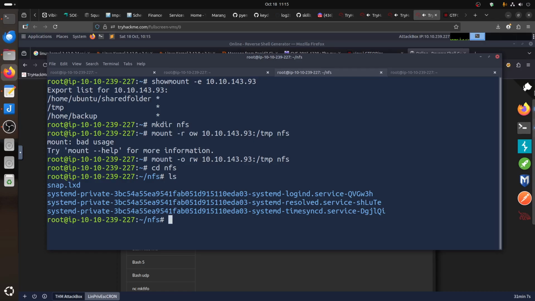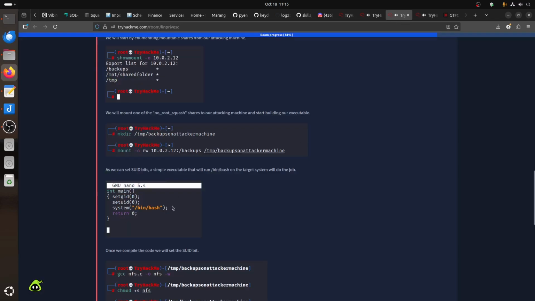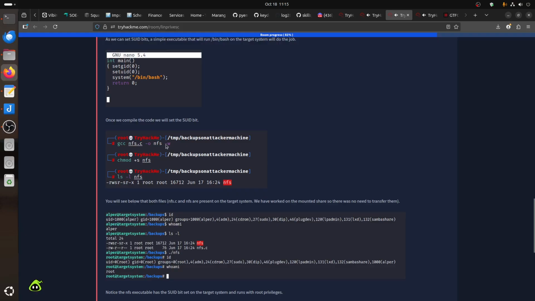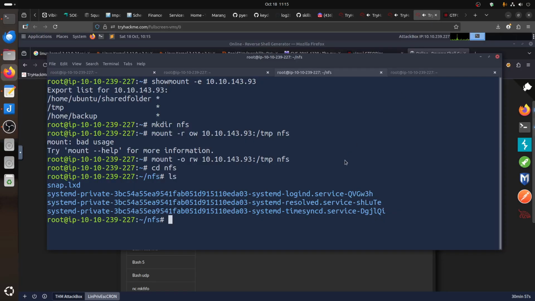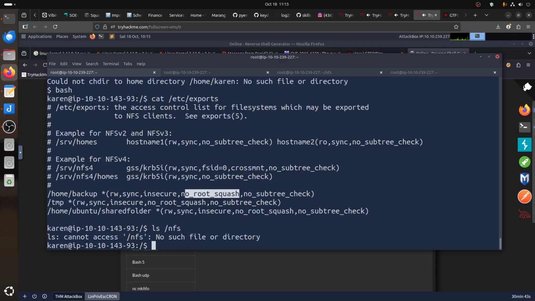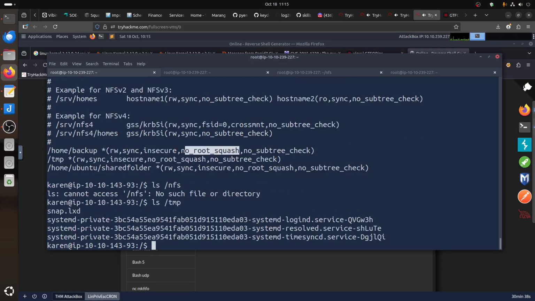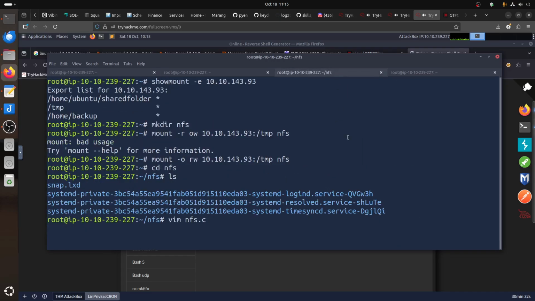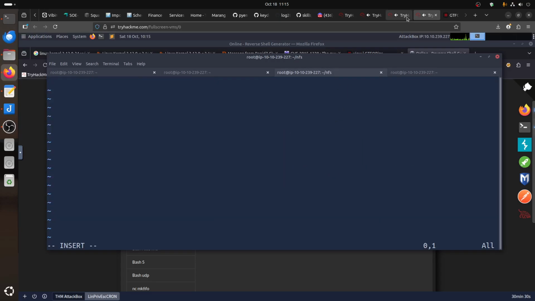And then the trick is we can run this, create a file, and then we can compile it, for example, in nfs.c. We can create vim nfs.c, which we should see that NFS from here. Not ls temporary. We can create a file. Sorry guys, I'm getting confused. So we do that,